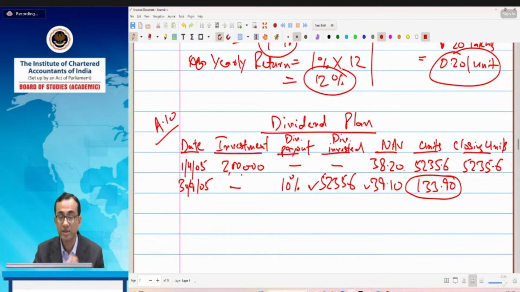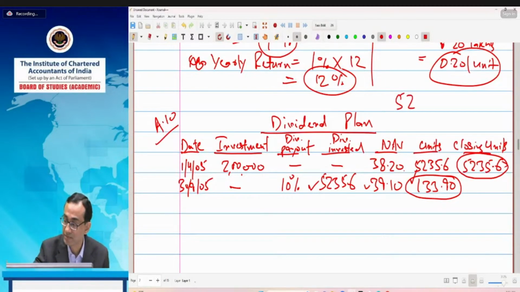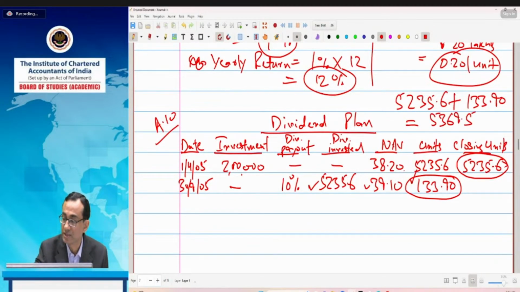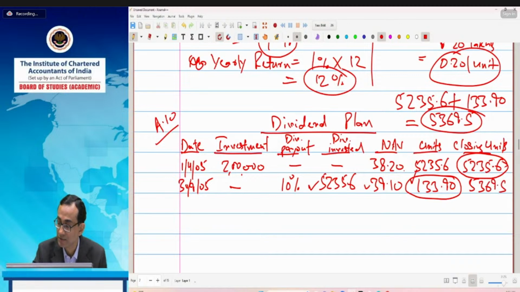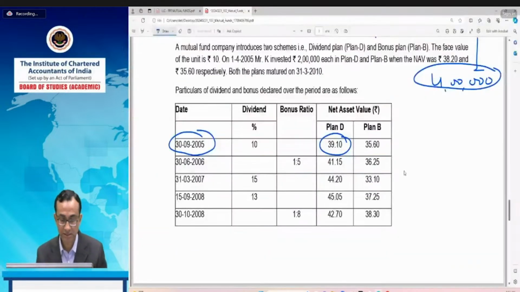So now, by way of dividend reinvestment, the total number of units added is 133.9. These 133.9 units, because of dividend reinvestment, are added to the units which we already have, 5235.6. So 5235.6 plus 133.90 units arrived because of reinvestment. So the total is 5369.5. This is the position as on 30th of September. So now the closing units are 5369.5. Okay. Now, when the next dividend is declared on